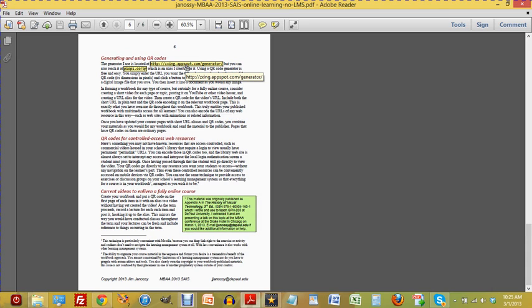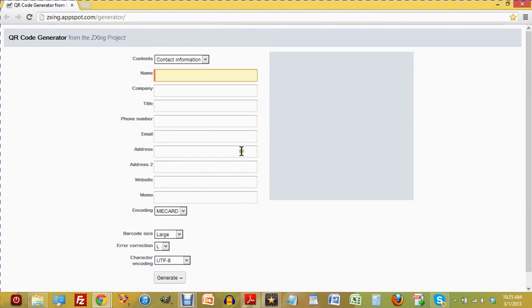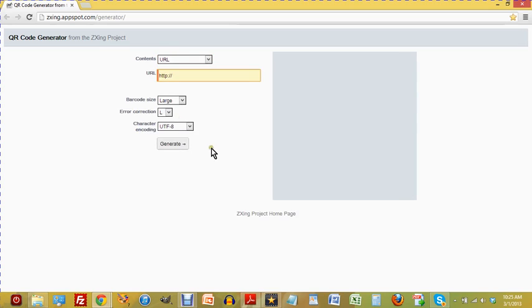This is an active link that goes to one of many generators of QR codes on the web. This is free. If I say that I want to create a QR code for a place on the web, a URL address, and I'm just going to use a special one here, ee4.me/Janossy. ee4.me is a URL I licensed.